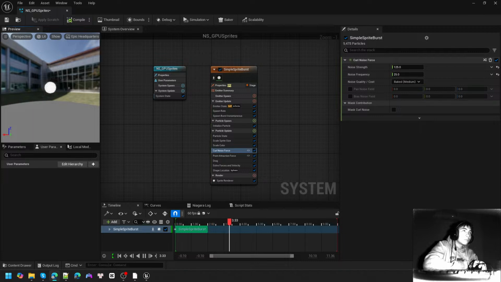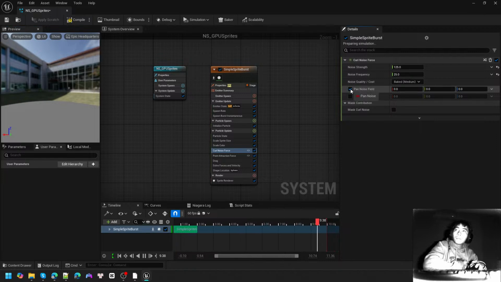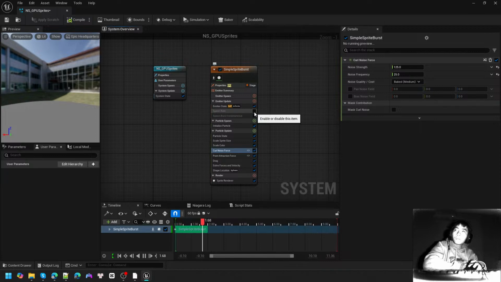And besides that, I'm also going to take this pan noise field and give it a value of 1 in the x-axis. This can provide us some more interesting